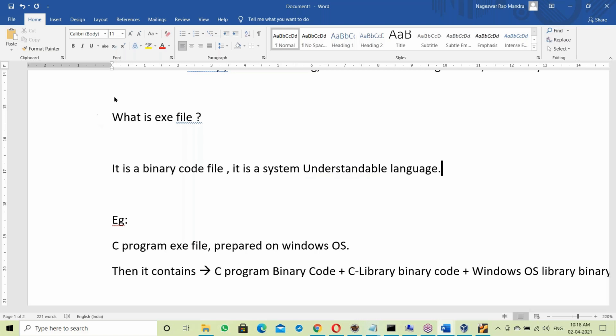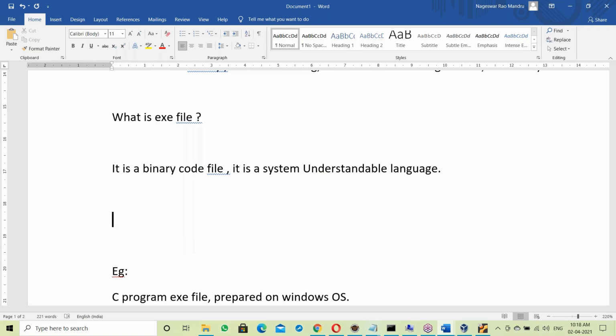Next, what the exe file contains. What does an exe file mean? It's a binary code file. It's a system understandable file, a system understandable code. Okay. Yes. It contains